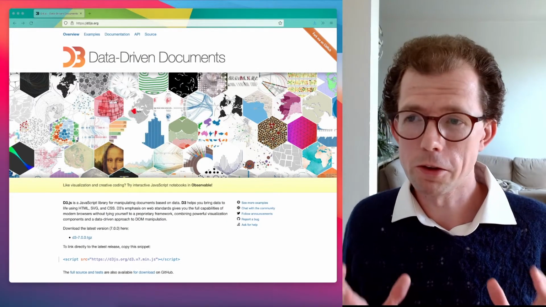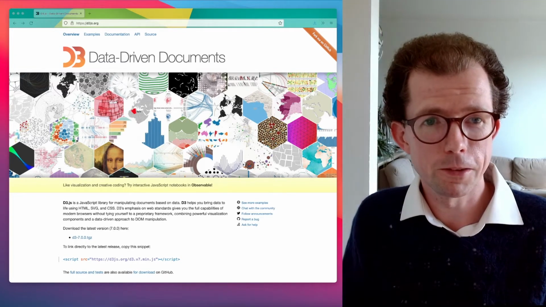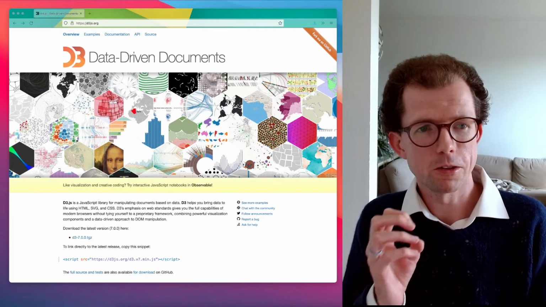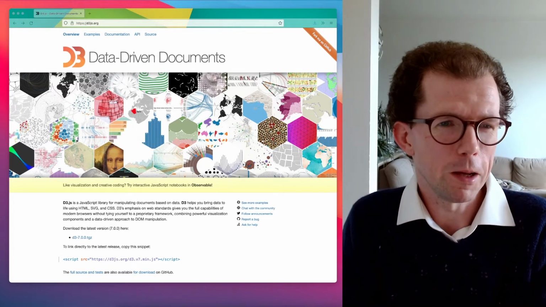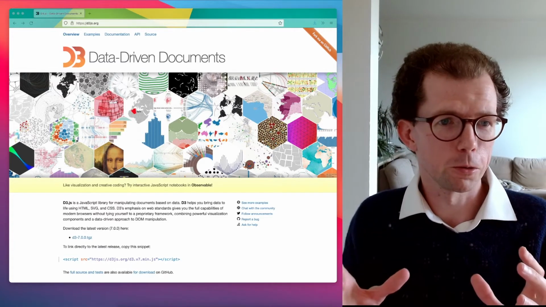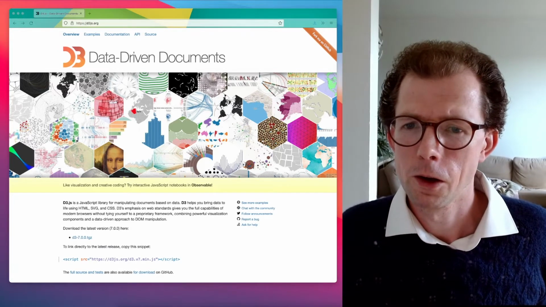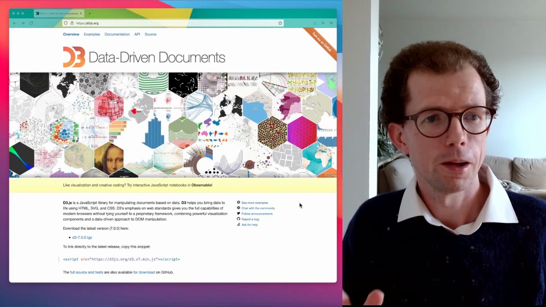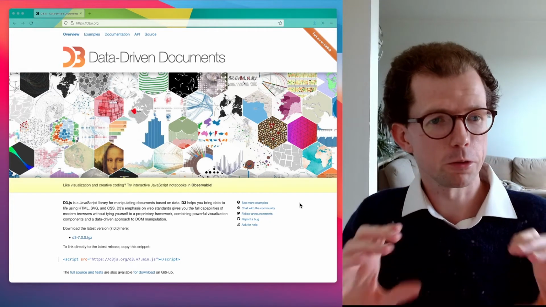So I guess I should start by introducing D3. D3 stands for Data-Driven Documents, and it's a JavaScript library designed for data visualization. It includes the features that you need to take data in, for example, from an API, from a CSV file, from a JSON file, from basically wherever you like, and to turn it into visualizations that use some really powerful tools. So it's got tools for animation, it's got tools for interactive elements, but I should say that today, in this video, I'm going to focus on really simple graphics, things like bar charts that you can imagine putting inside a news article or a blog post.